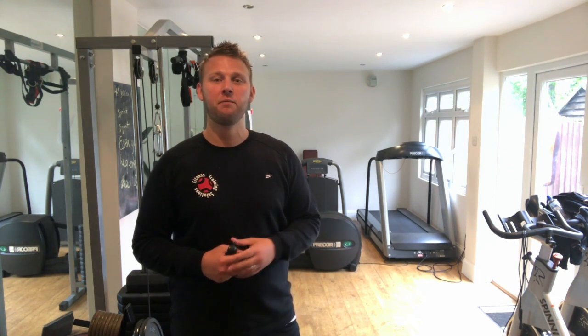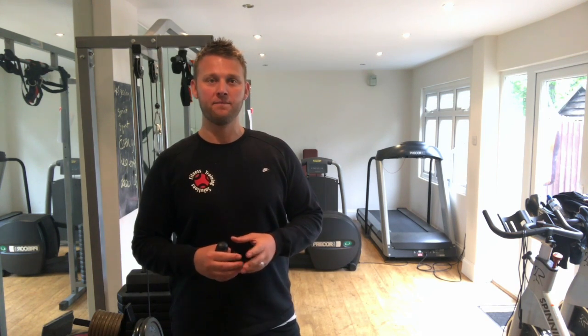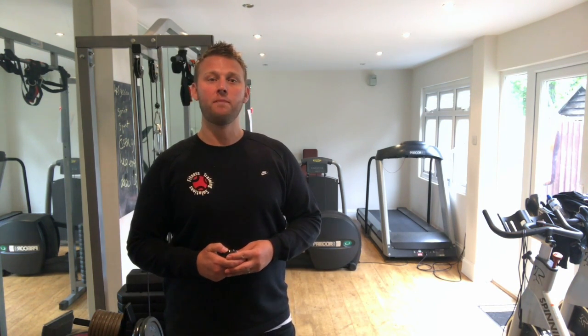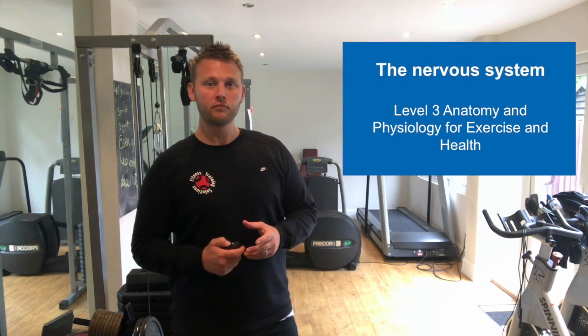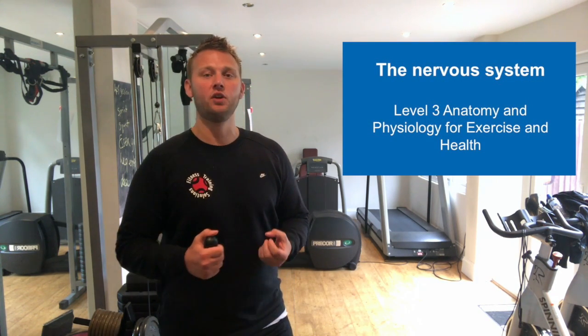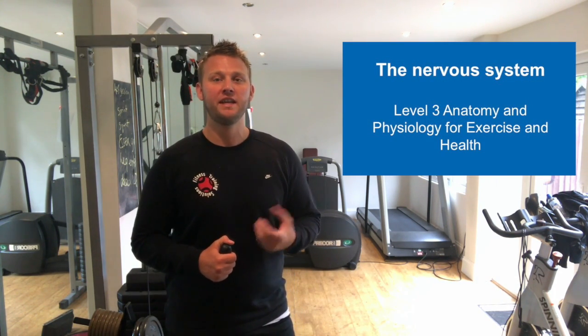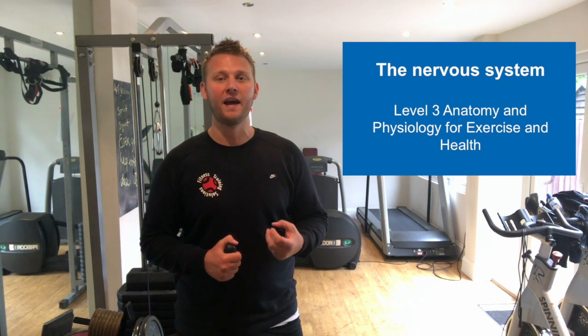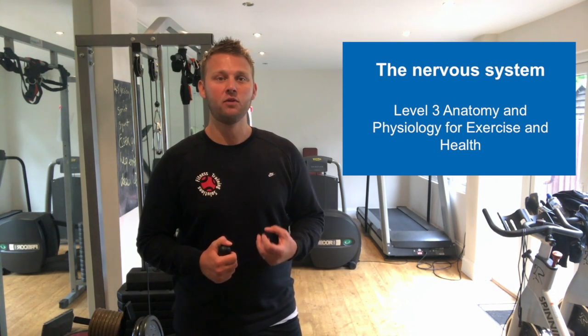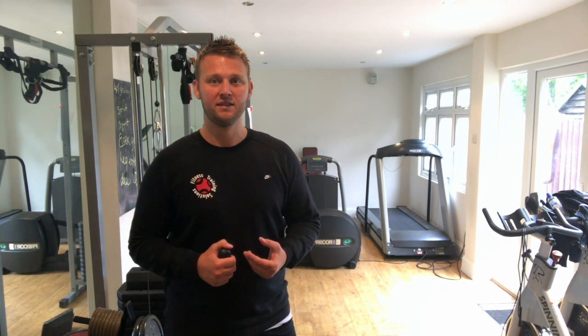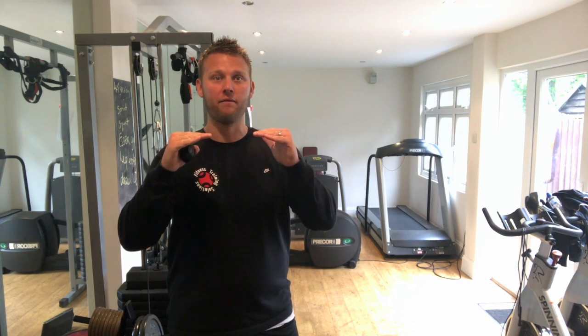This is the second episode of our Anatomy and Physiology Level 3. Now today we're going to talk about the nervous system. So with the nervous system, what does it do? Well, the main function is to control all the actions within our bodily systems. So the idea is to maintain what we like to call homeostasis. So that's homeostasis is basically keeping our body at an equal level so that we can maintain and function